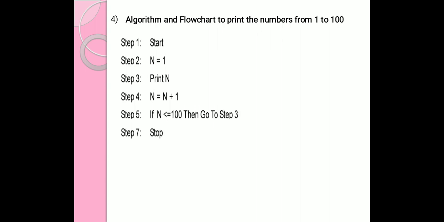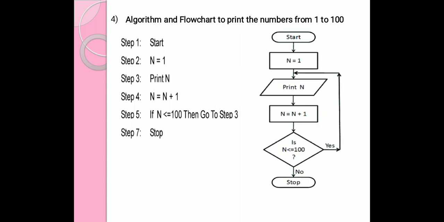Then stop the printing. And the flowchart of this algorithm is: start, n equal to 1, then print the statement. Then go to n equal to n plus 1. Then check whether the condition is true or false. If it is true, go to step 3, that is step 3 is print n. Just go to the print step. Before that we join the data flow line. If it is false, when the value of n is greater than 100, then go to the last step,